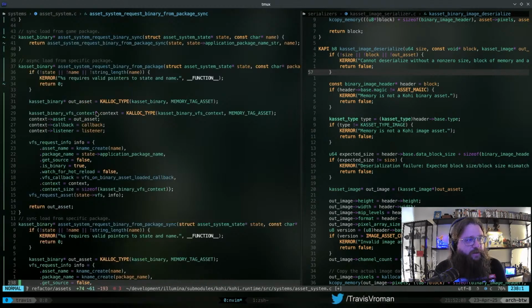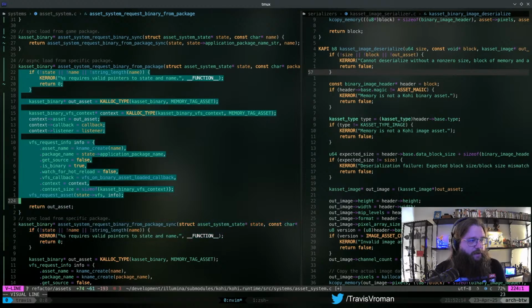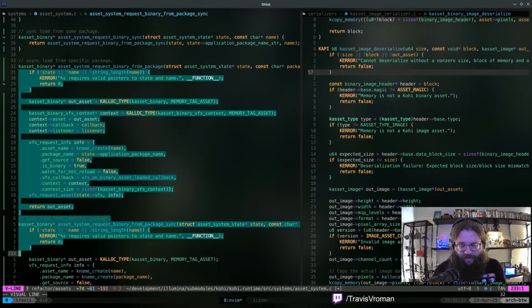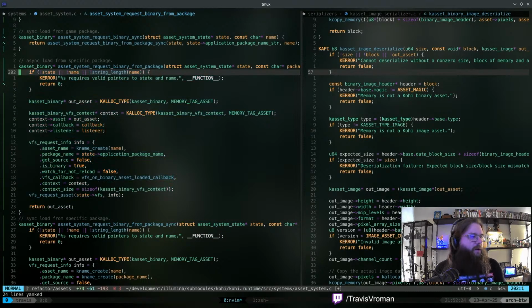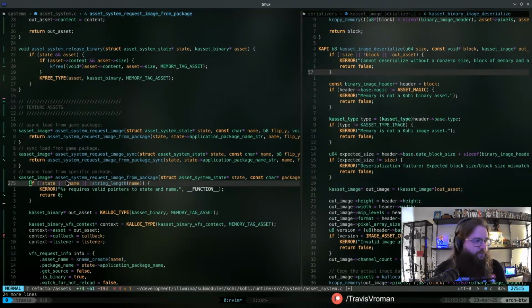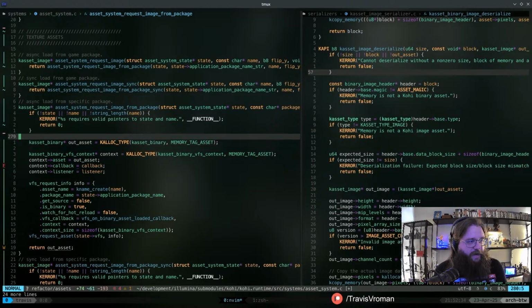So what we're going to do is the same thing as we did before. So we're going to use this sort of structure here. If I can hit the right key binding. All right, so I'm going to copy paste this and throw this down here. And then we are going to go ahead and